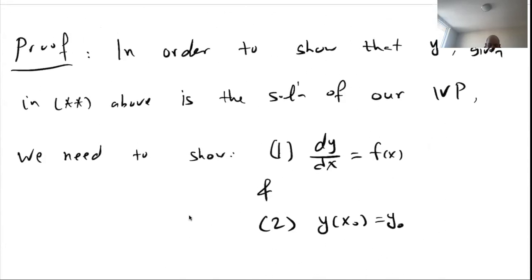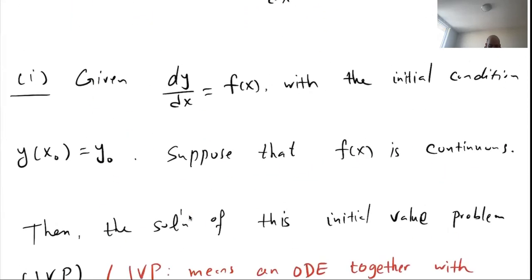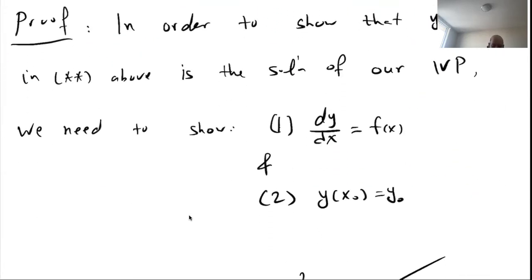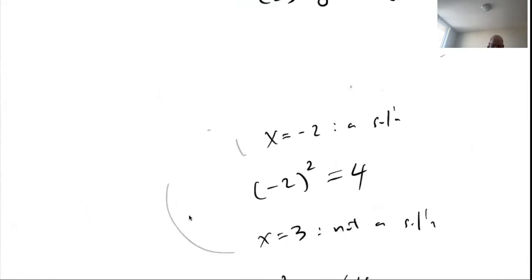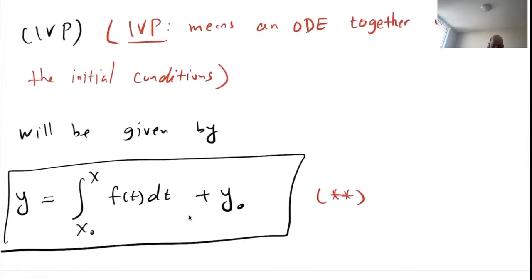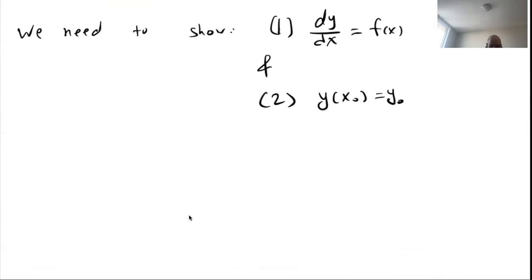Okay, so here if I want to show that this function is a solution for this equation, that means if I replace y here, dy/dx must be f of x and y of x0 must be y0. Please note that when I say y, I mean y as a function of x. So to emphasize, I can say y of x equals this. Y as a function of x is equal to this. Now, to verify one,